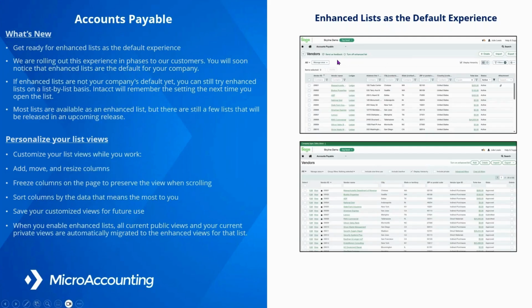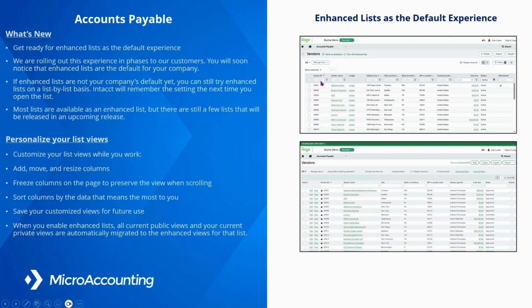You probably noticed those hyperlinks out there that say turn off enhanced list view or turn it on. Those toggle buttons will remain, but just know that as of Monday, when you land on the AP vendor bill, there are going to be different screens that they're defaulting. Not all of them are part of this enhancement, but they will be. So please try to get used to this view. Very powerful, and I'll take you into some of the features that we like here.